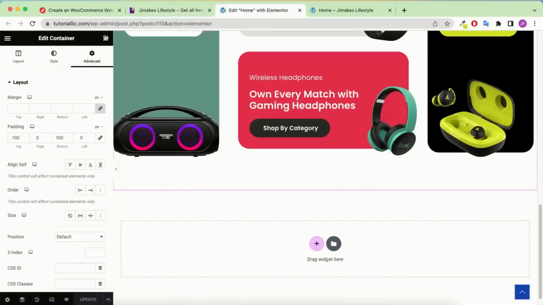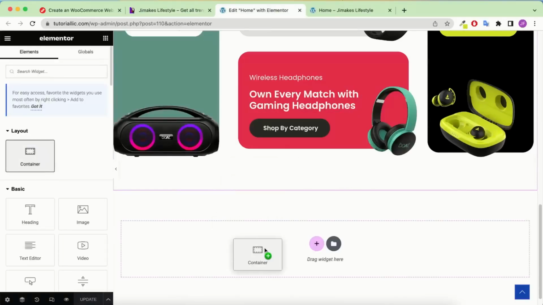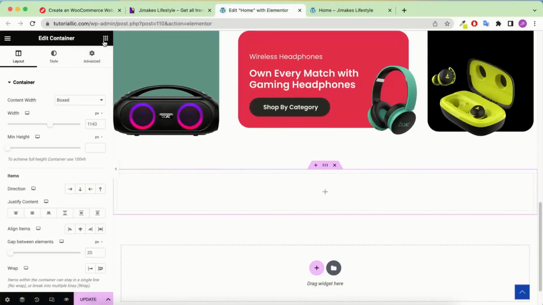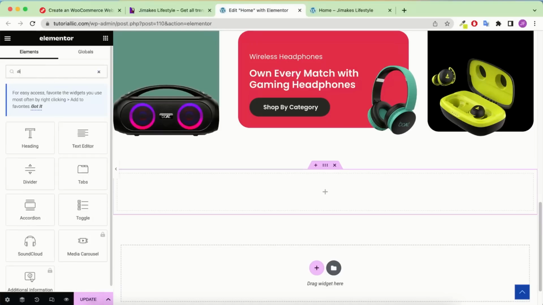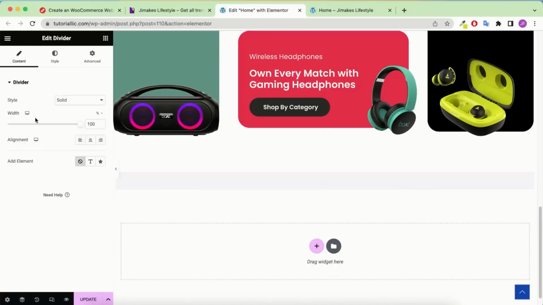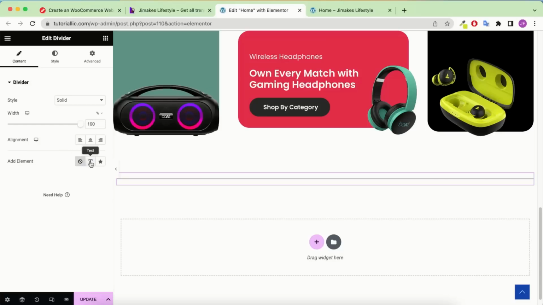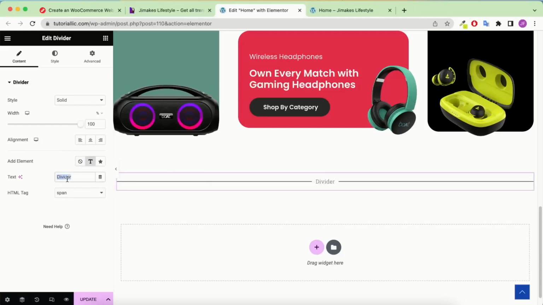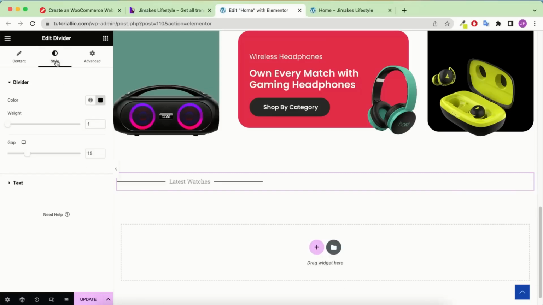So first we need to do one thing, that is taking in a container in here. Okay, so when you take the container, we need to search here divider. So simply search divi, then you will get to see divider. Simply drag and drop here this divider. And now you need to click on here this text, and you need to type here this content into something like latest watches. So for this width, we need to type here 35, and let's go to this style,